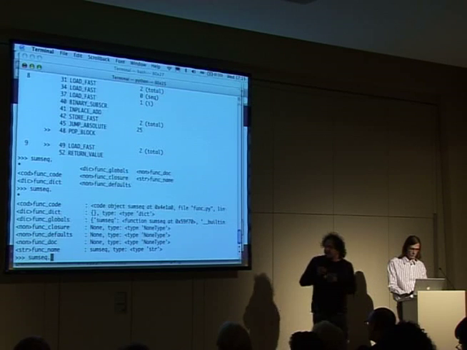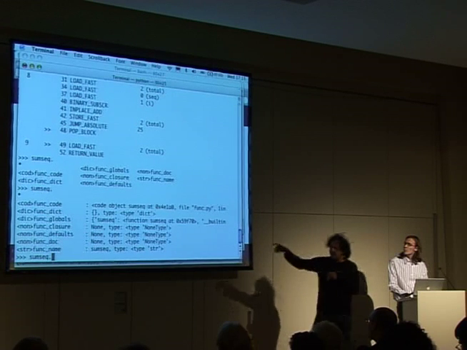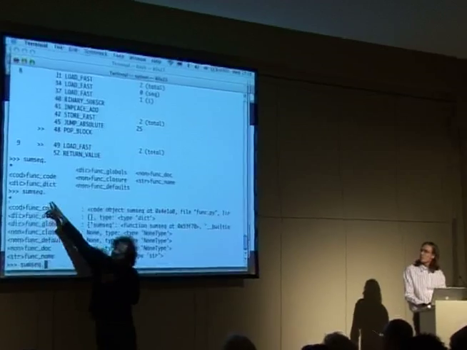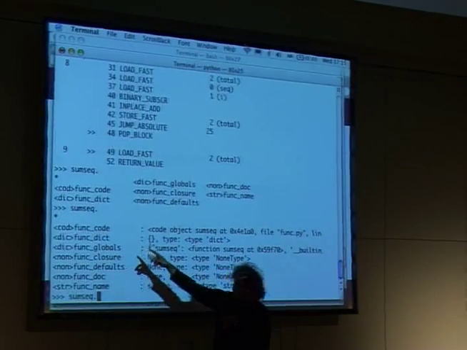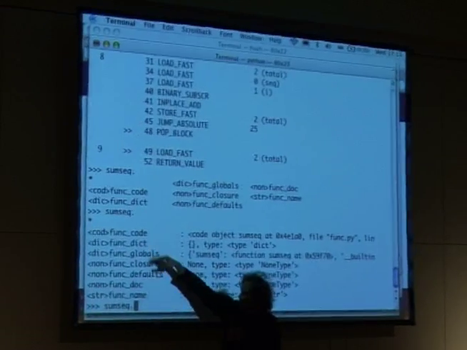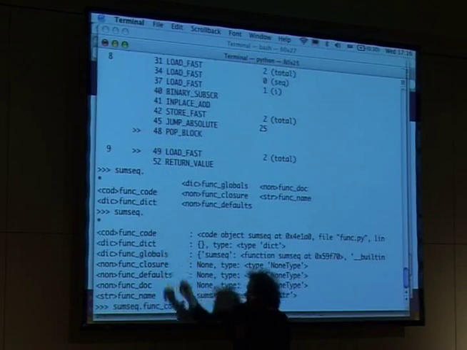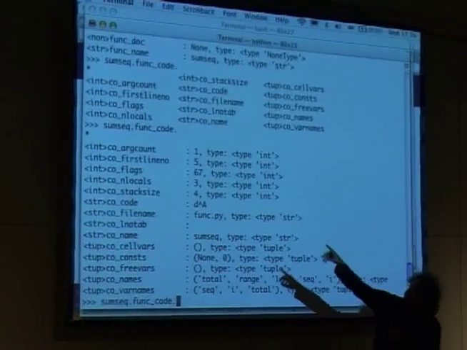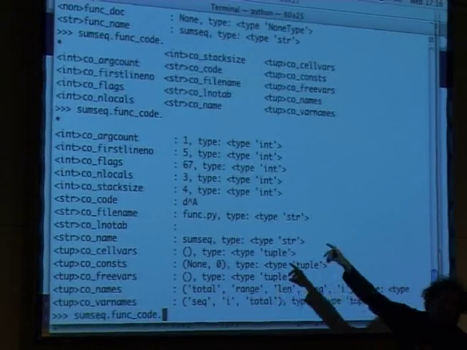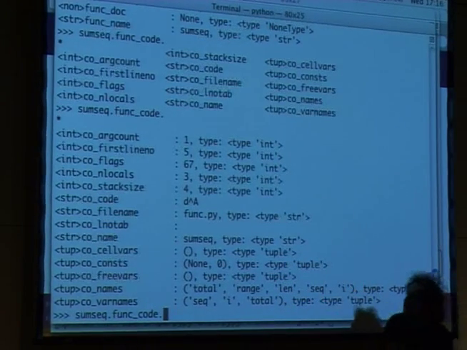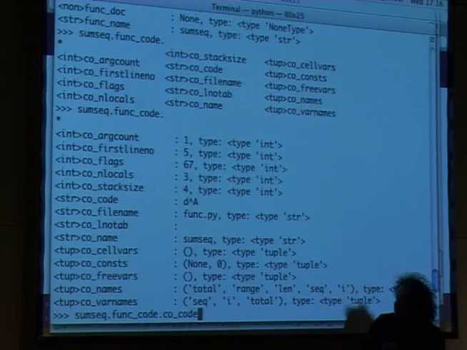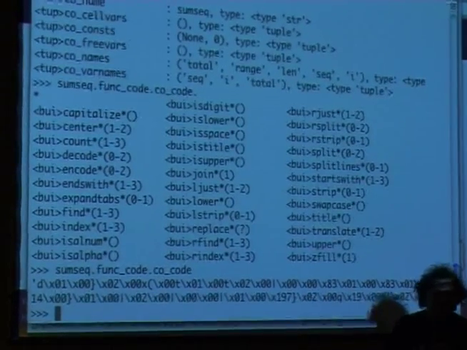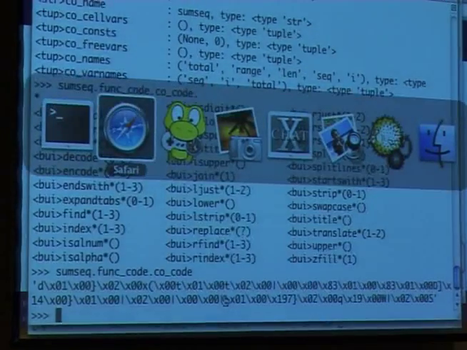Also, that's interesting because you have introspection. That's command line completion, so you can see on the command line what kind of attributes such a function has, right? This is a first-class object, so you can see there's a code object, some other stuff, documentation also, and if you go to the func code, then you see a bit of the low-level details of what the virtual machine sees. You see it receives one argument, and it has some references to where it appeared in the source code and all kinds of stuff. And then you also see the co_code actually is the binary. This is basically the bytecode that the virtual machine then sees. Okay, so that is the basic